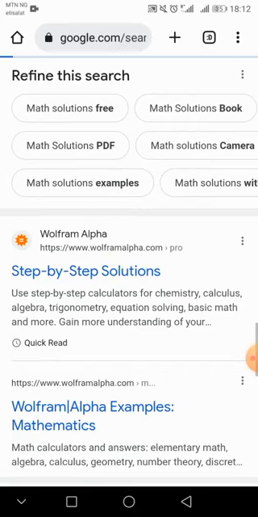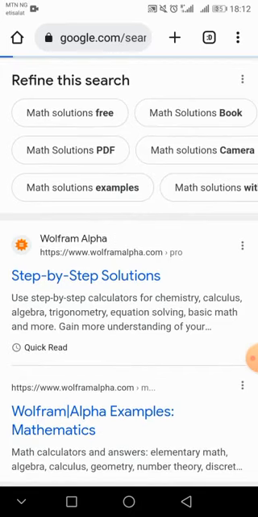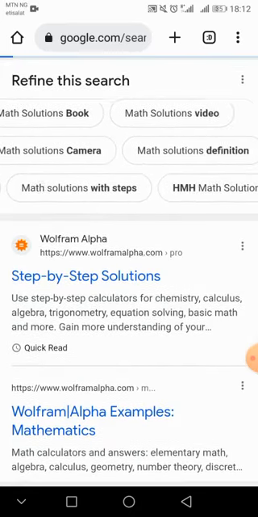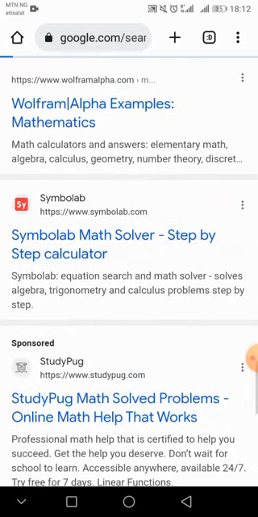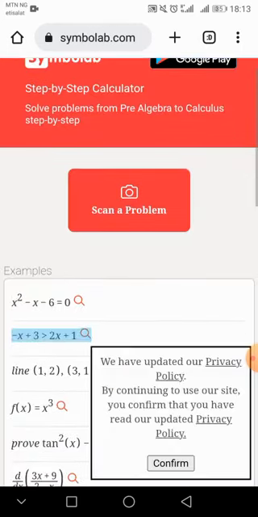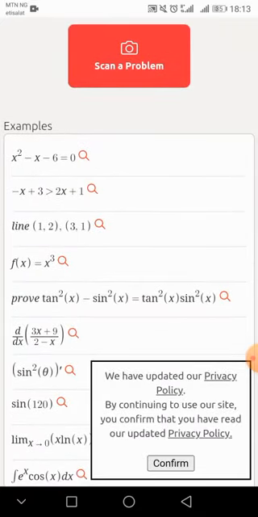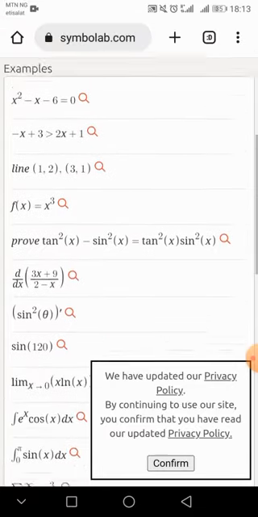Whether you are good at mathematics or not good at mathematics, you can also do it, because it doesn't require you to solve the mathematics. You just go to the site, put in the maths, and it gets solved for you without you doing anything. What I'm going to do is show you some maths questions.